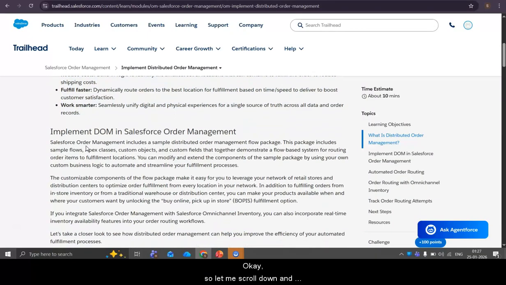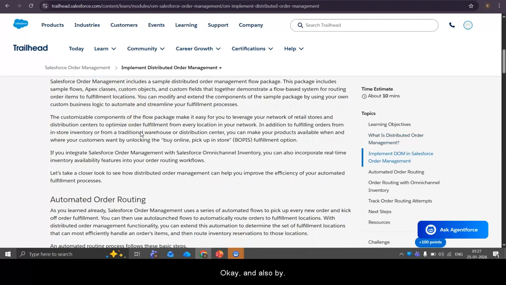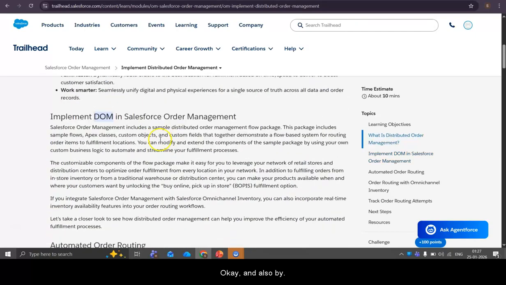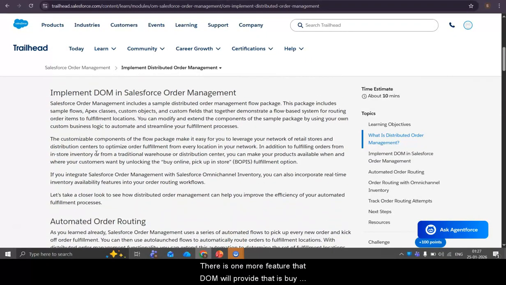Let me scroll down, and this is how we can implement the DOM: either install the external package, or enable the omni-channel inventory in the system itself. There is one more feature that DOM will provide, which they haven't added here as a benefit: buy online and pick up in store.